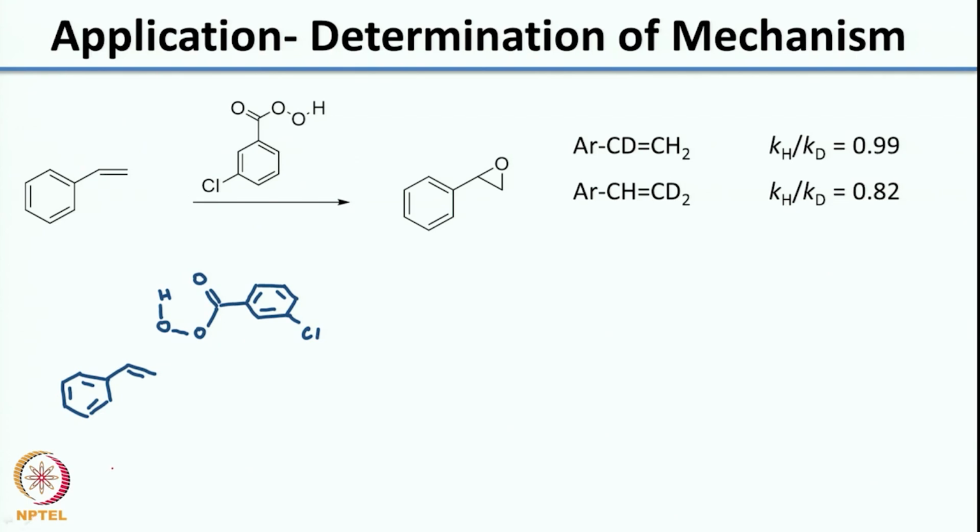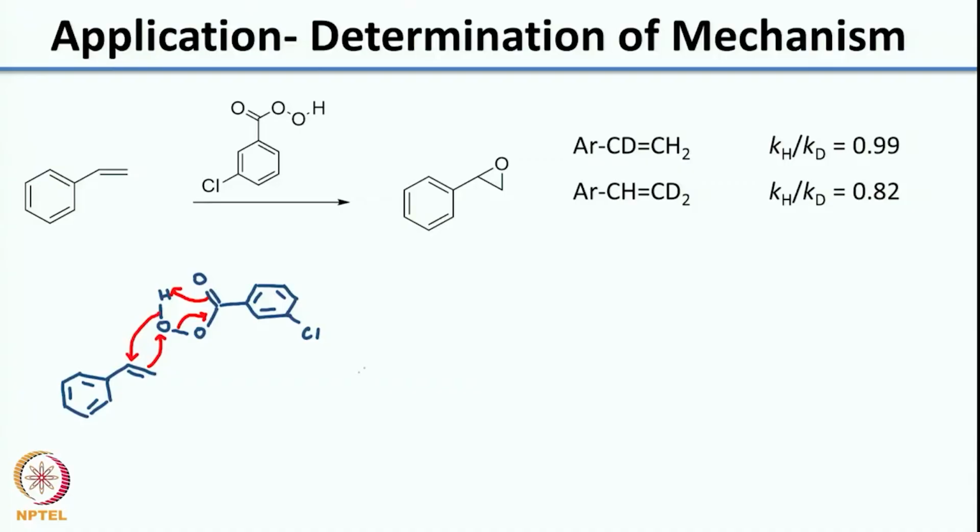When you push the arrows, what you would see is that the carbonyl group here is grabbing the hydrogen here, as the proton, and so you have this coming in. Now if you were to write the transition state for this,